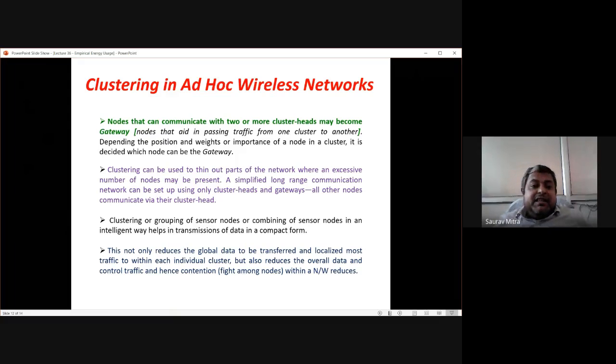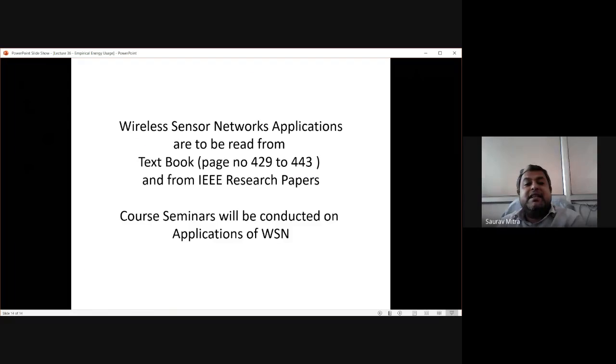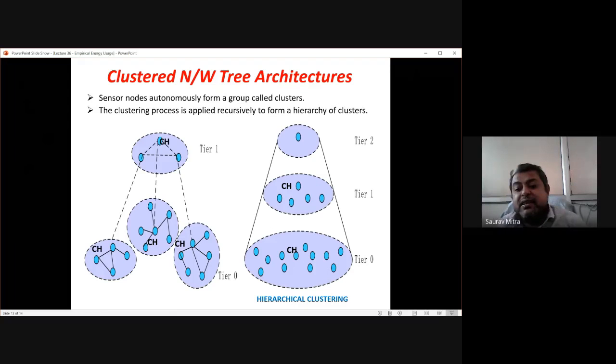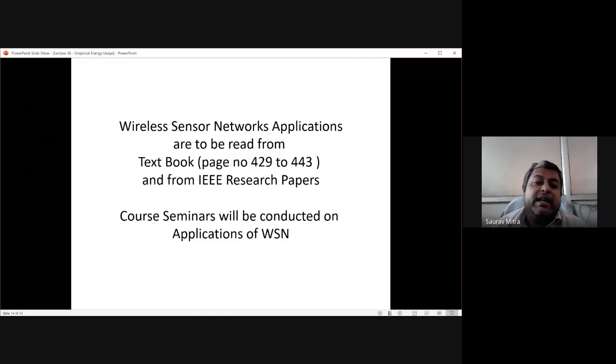So why is clustering required? Again, the same thing is explained here, and this is the last slide, I guess. In this case, what we are showing is different types of clustering. This is hierarchical clustering, and this is tree-based clustering that we are seeing. So here I finished what I had to teach in this module number 4, and the only thing remaining is different